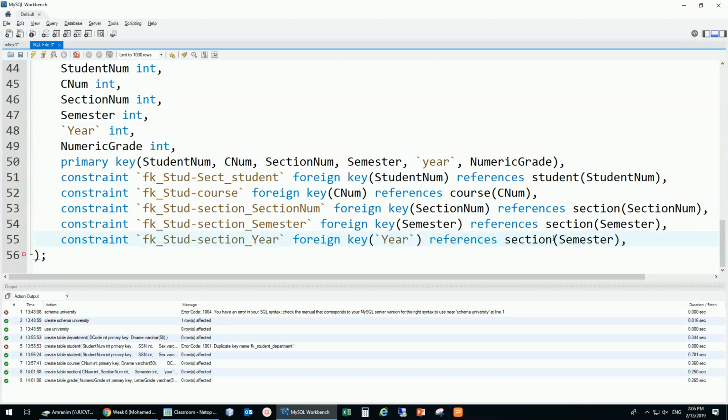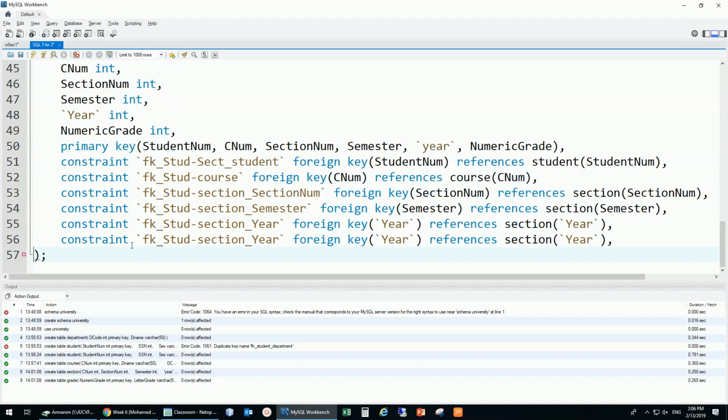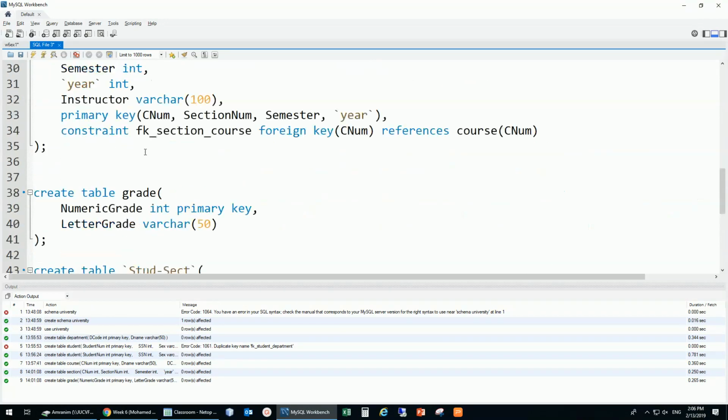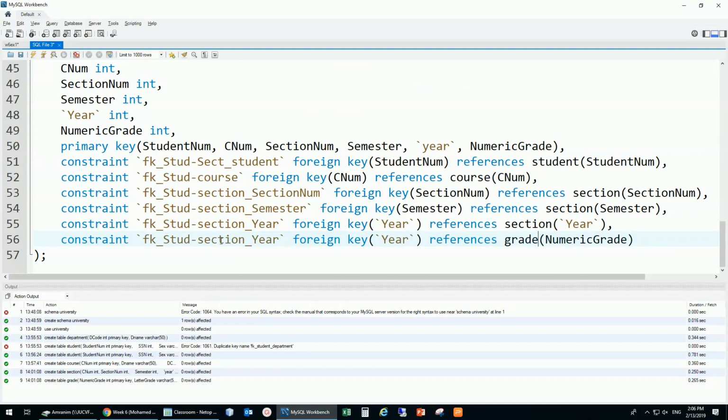And then that references section, year. And then we have the numeric grade. We don't need this last one, so the numeric grade is going to be numeric grade in the grade, right? That references this to be